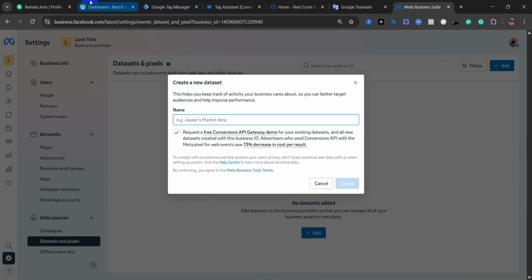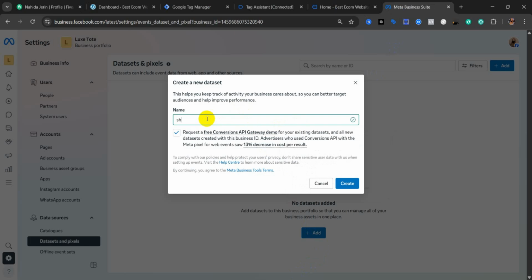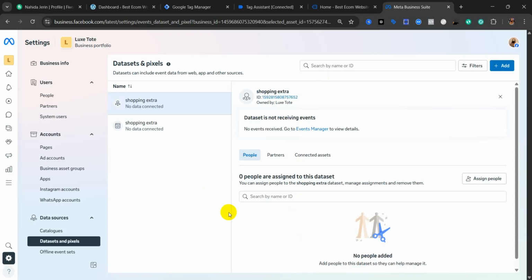Now we need to go to our website. Our website name is Shopping Extra. So the pixel name is Shopping Extra. Now click on create. Okay, skip. Now we need to go to the tag manager